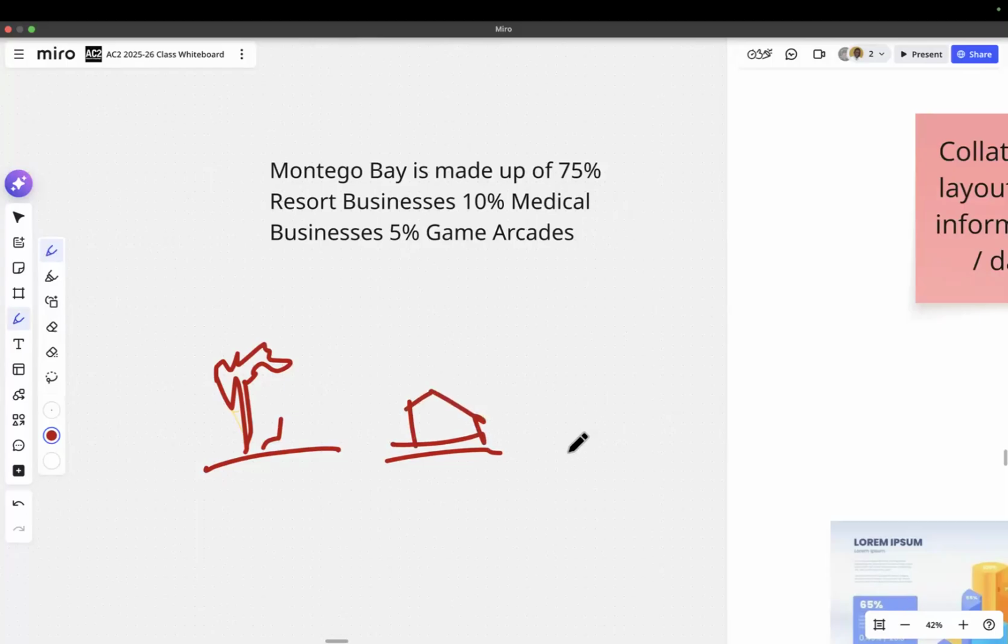Let me just put a house, and then you have the other one, and then game arcade. Let me draw a game console or something. Cool, and then a game controller. You'd assume each icon has a different color coding. The line will go underneath it, like the percentage of the color of